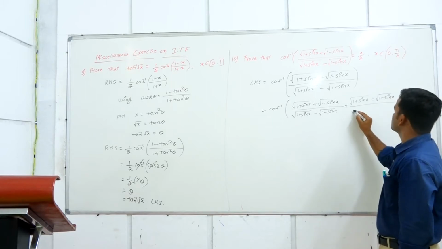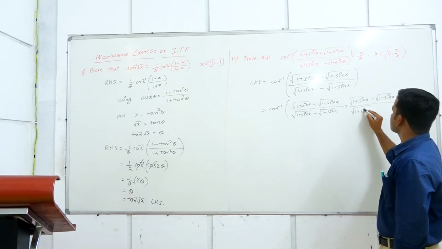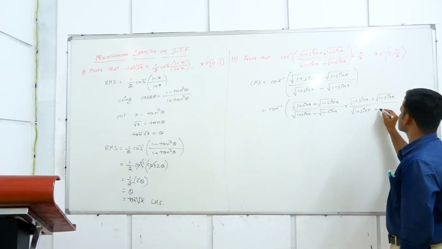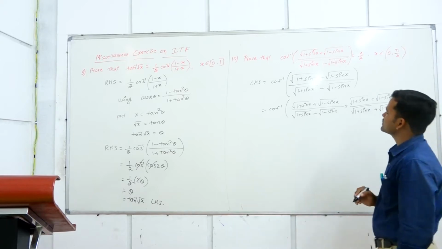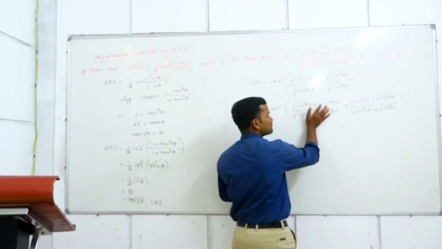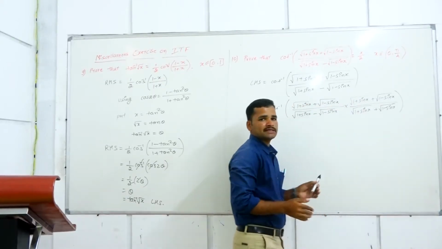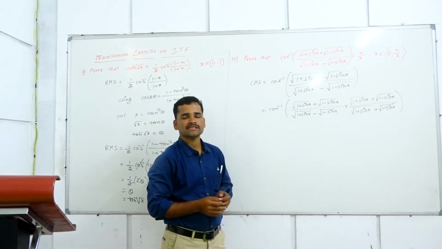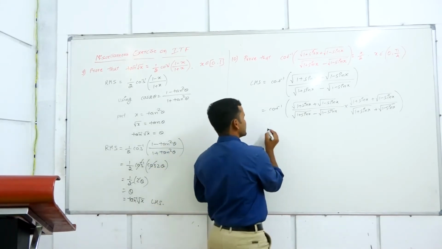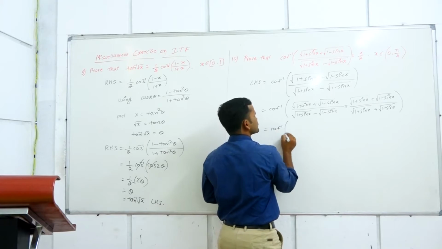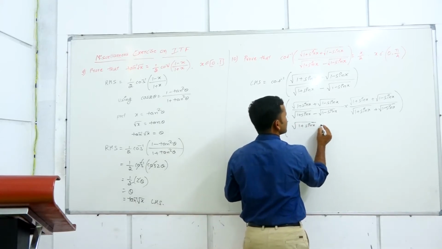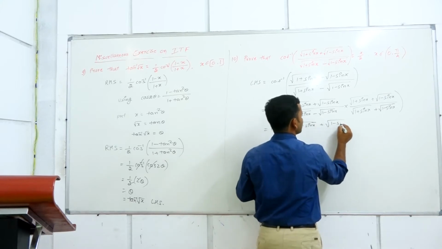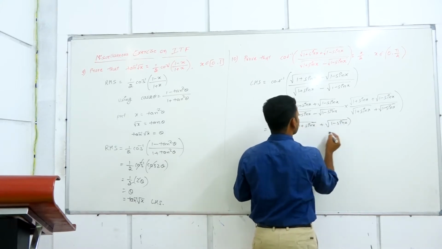In the numerator you observe, it is like a plus b into a plus b. A plus b into a plus b is a plus b whole square. Cot inverse of (square root of 1 plus sin x plus square root of 1 minus sin x) whole square,